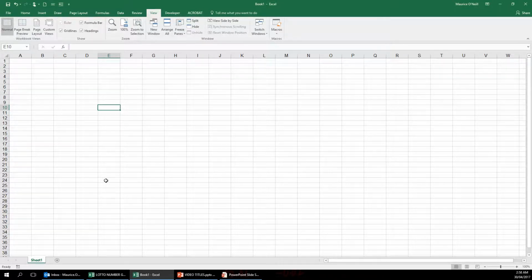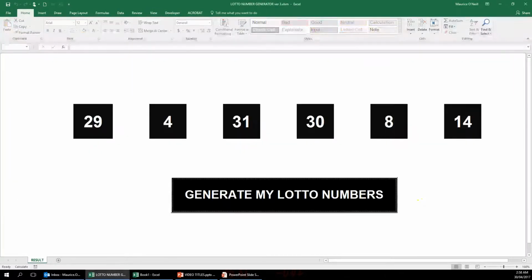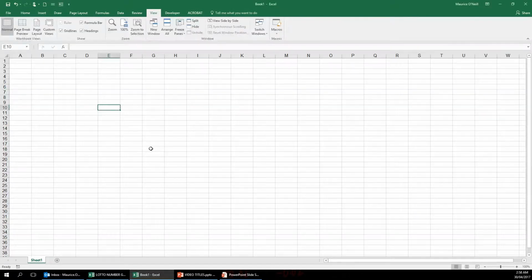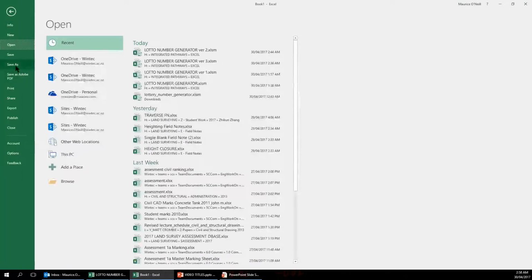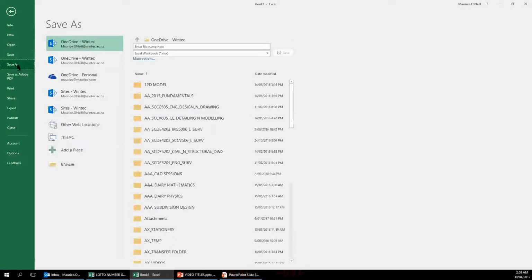I'm just going to start right from scratch, and oops, I've gone back to there. So that's the new one, and as I say, I'm going to start right from scratch and develop the spreadsheet. So I've got to try and get back to where I have Book1. I'm going to call it, best you just call it File, Save As, and I'm going to save it, go to your